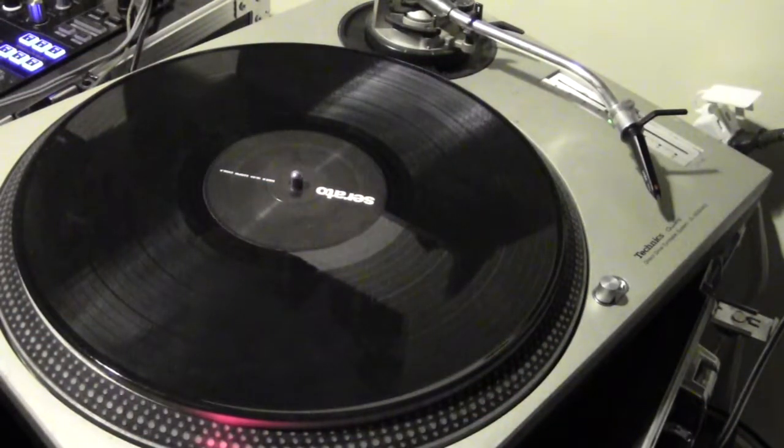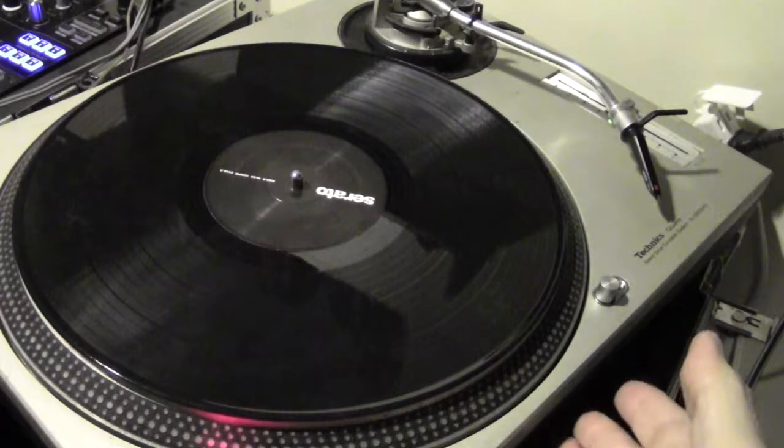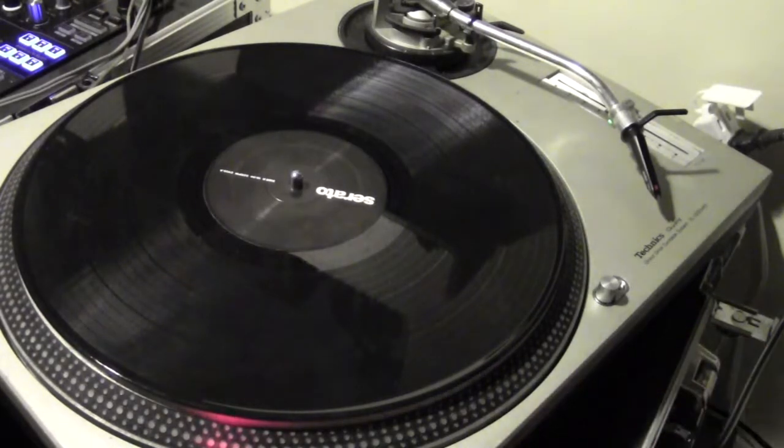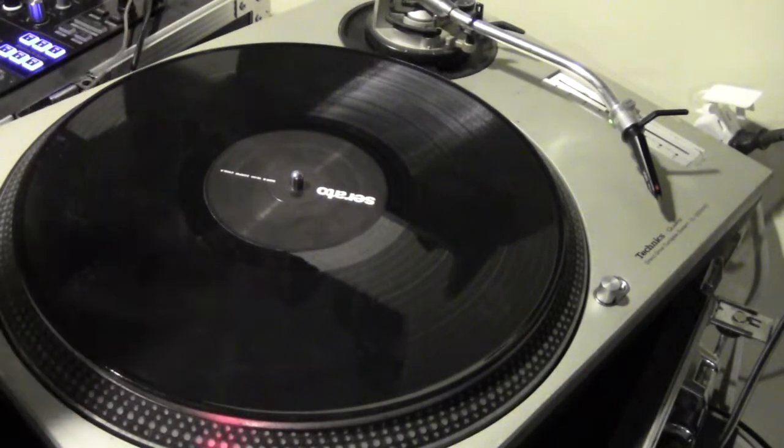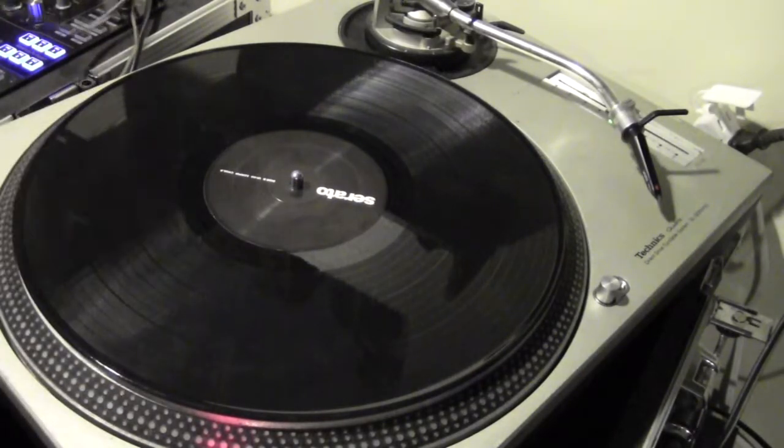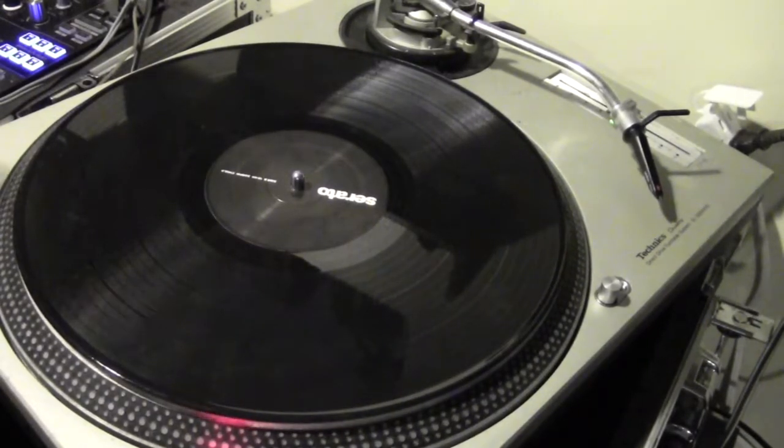Put the rubber seal back on the bottom of the turntable. Don't affix the screws, and flip it over so that we can now test it once all of the soldered connections are made. I took a standard RCA cable, plugged it into the mixer, and let's see, in the first test,